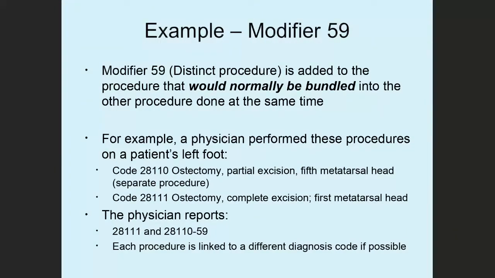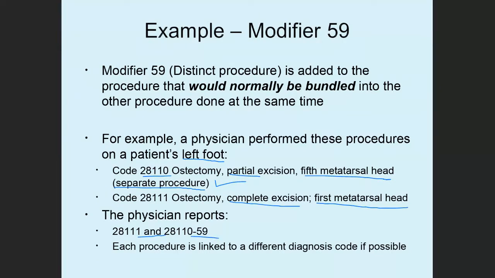Modifier 59, which is titled distinct procedure, is added to the procedure that would normally be bundled into the other procedure done at the same time. So here's an example. Perform these procedures on the left foot. You have an ostectomy, 28110, partial excision, fifth metatarsal head, and this is a separate procedure. The other procedure performed is a complete excision, but it was the first metatarsal head, 2 different bones, okay? But this is a separate procedure, so you do 28111 and